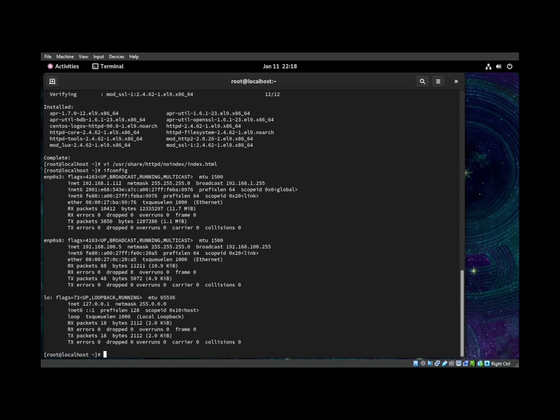firewall-cmd --permanent --zone=dmz --add-forward-port=port=443:proto=tcp:toport=443:toaddr=192.168.100.x